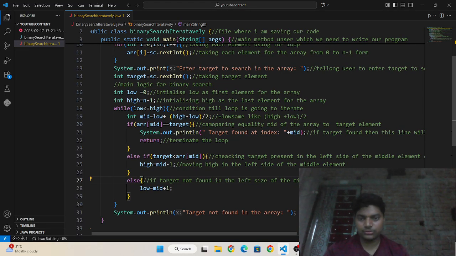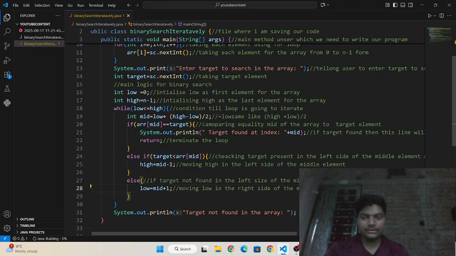Okay, so moving low to the right side of the middle element.